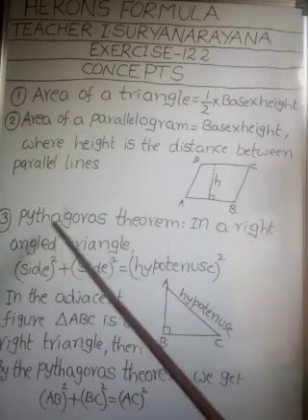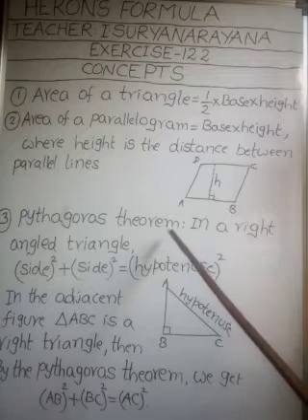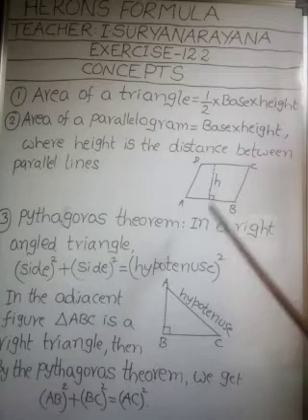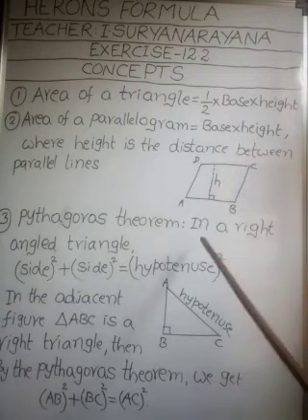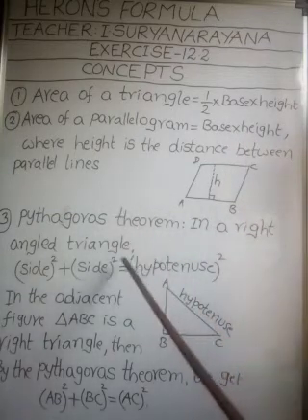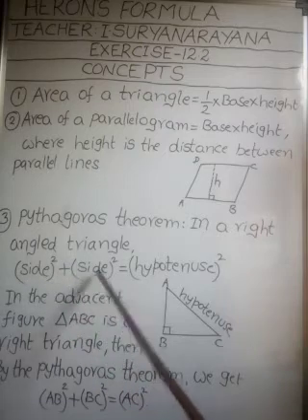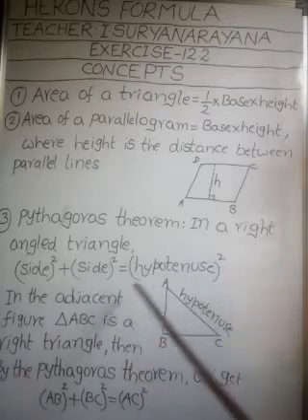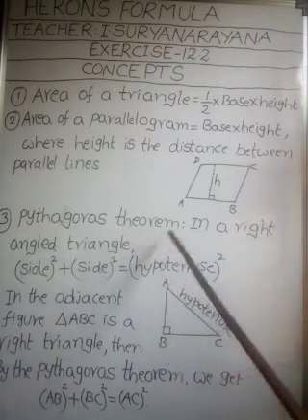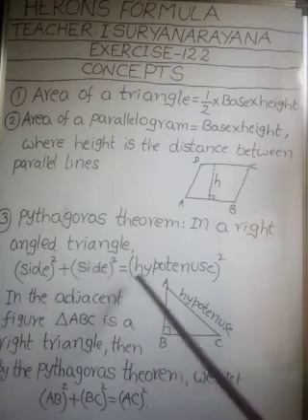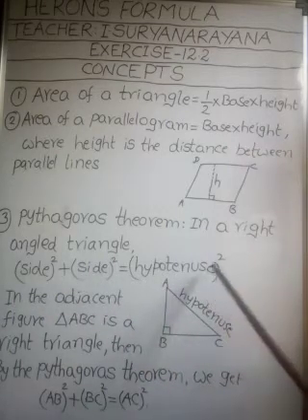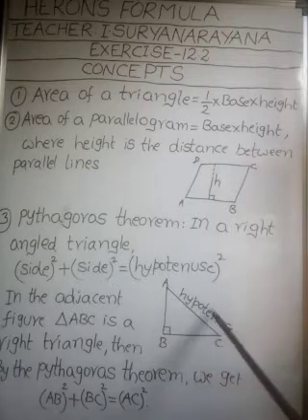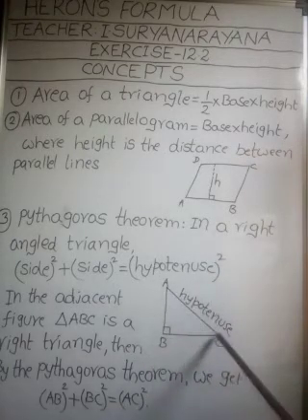Now come to the third point, Pythagoras theorem. We use this theorem also very frequently to solve the questions in exercise 12.2. In a right angle triangle, side square plus side square is equal to hypotenuse square. This statement is said to be Pythagoras theorem. To understand this concept clearly, I am taking a rough diagram I have drawn, a